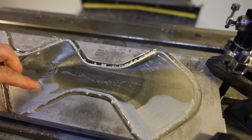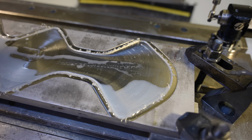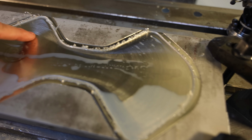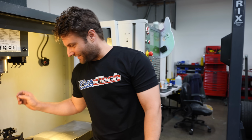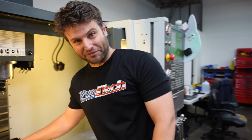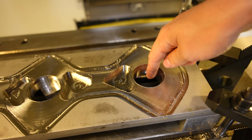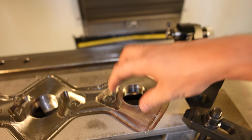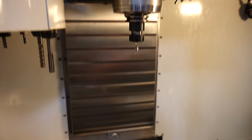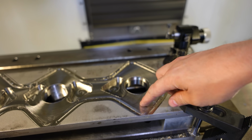I'm sure this tool's pretty trashed at this point. Got just the slightest bit. Then you can see me testing different speeds here. I basically pulled an all-nighter to get to this step to make stainless steel look like aluminum. This is pretty crazy stuff. I've got rough facing, I've got the holes exact, and now I started doing the pockets. So what you guys are about to see is the rest of the pocket work being done with this tool here. For those CNC wise guys, I did all this with the 3/2, so it's a little off center,